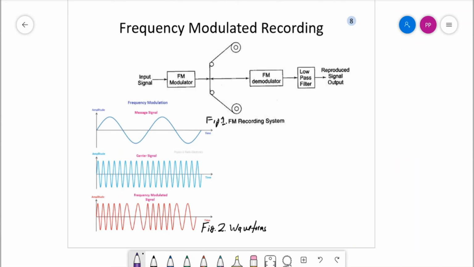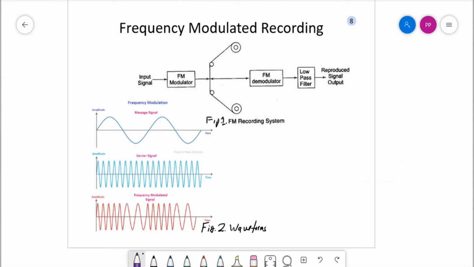Here in figure 1 we can see that an input signal is there which is frequency modulated, and that goes to the recording head, and once the recorded signal has to be reproduced through the playback head, it is demodulated and we are removing the carrier frequency through a low pass filter, and the reproduced signal is generated at the output. So we can see very clearly from the figure that